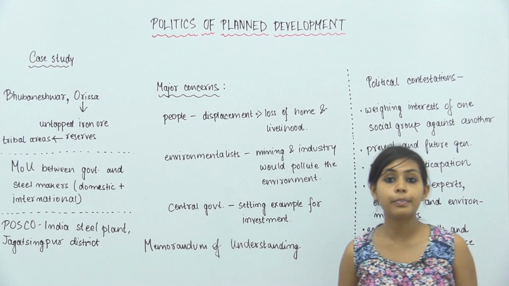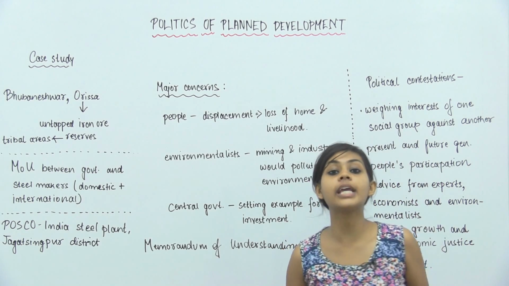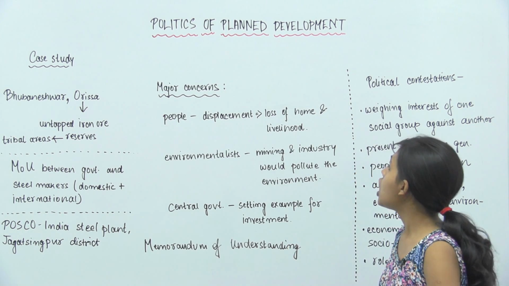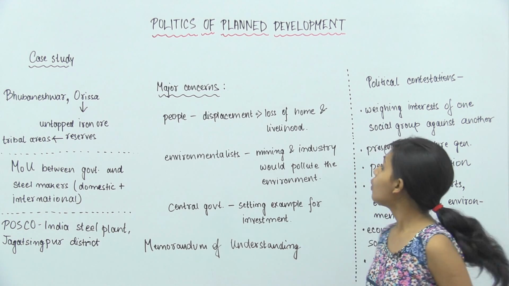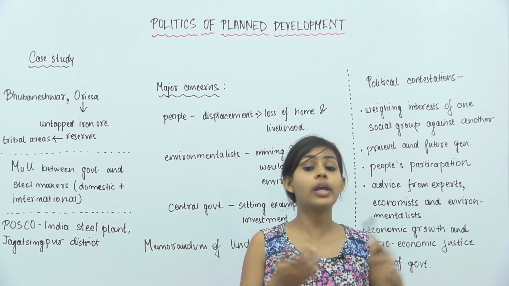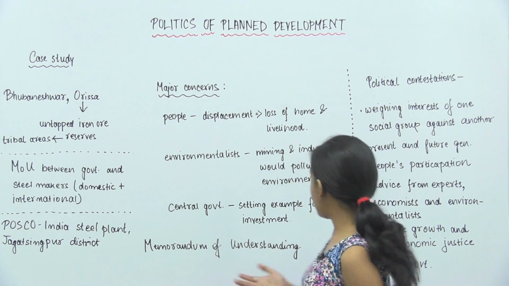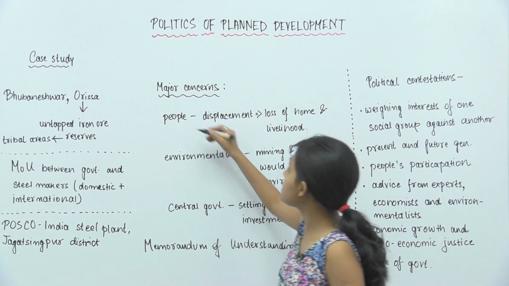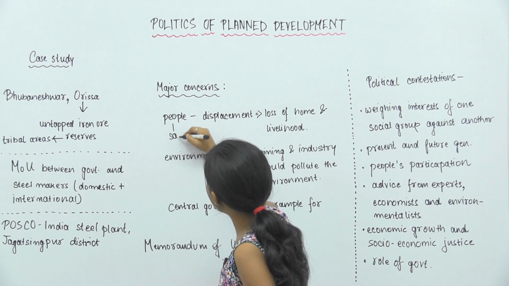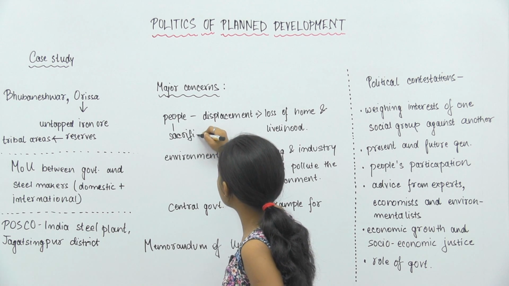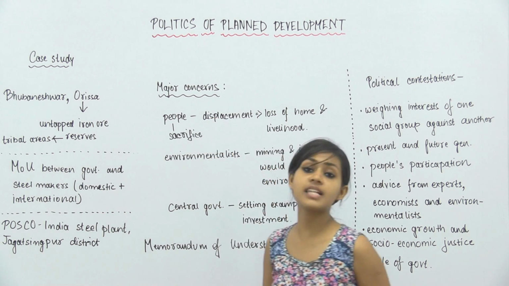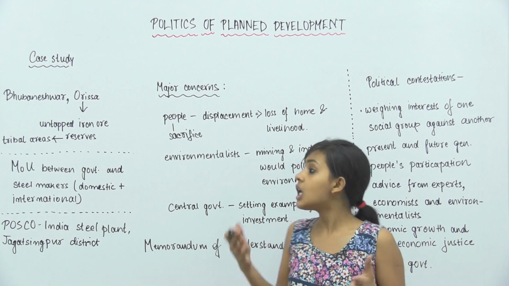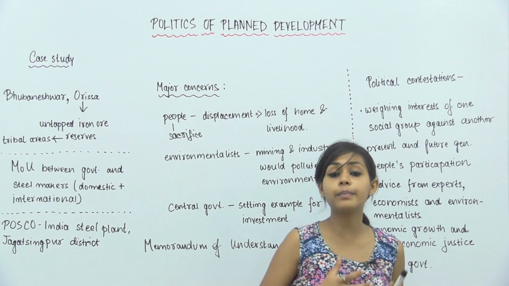First of all, these are the common people who are living in that area where the development project is going to happen. So इनका प्राइम कंसर्न है डिस्प्लेसमेंट, which means loss of home and livelihood, क्योंकि इन्हें डिस्प्लेस कर दिया जाएगा. इन लोगों को development के लिए a kind of sacrifice करना पड़ रहा है, right? If they want to help in the development process of the country, it's a sacrifice for them, but they are not getting anything in return.